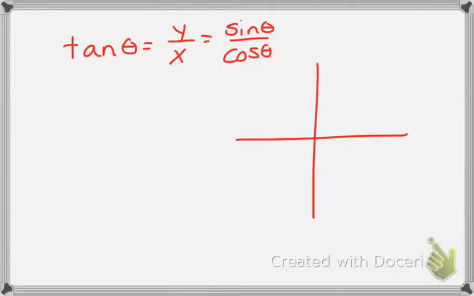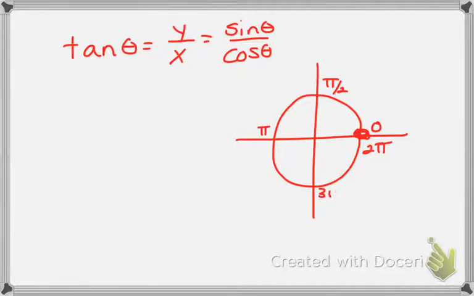So if we think about my unit circle, here we're at 0, pi over 2, here we're at pi, and here we're at 3/2 pi, right? If I have my ordered pair x comma y, and cosine is my x, I cannot have 0 in my denominator. So where is my x